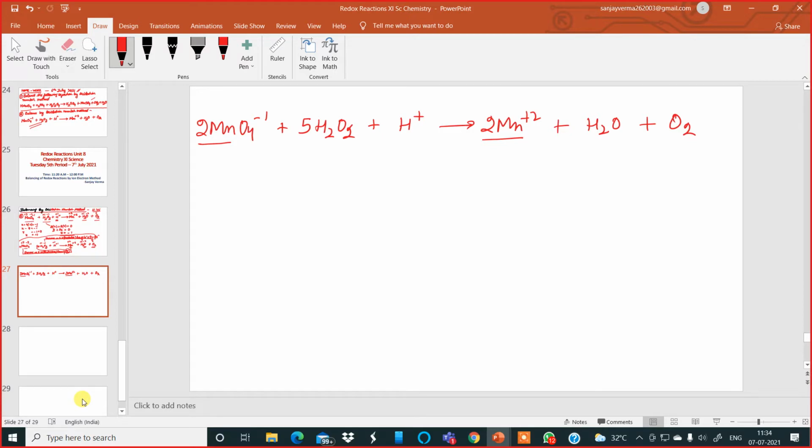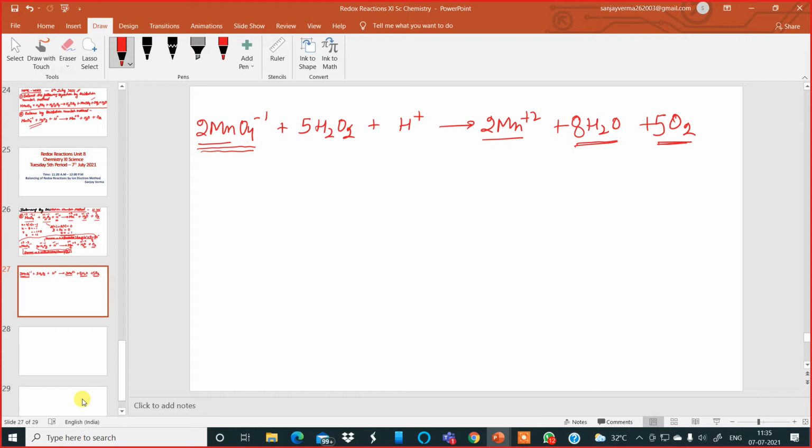So now first we will balance the oxygen. On the left hand side you see, how many oxygen? 4 twos are 8, 4 twos are 8, plus 5 twos are 10. 8 plus 10 is how much? 18. So I will put 8 water molecules altogether over here. 8 water molecules here. It becomes 8 oxygen and I'll put 5 over here to balance the oxygen. Check now. 8 oxygen plus 10 oxygen, 18. This side it is already 18. 5 twos are 10 plus 4 twos are 8 is 18.